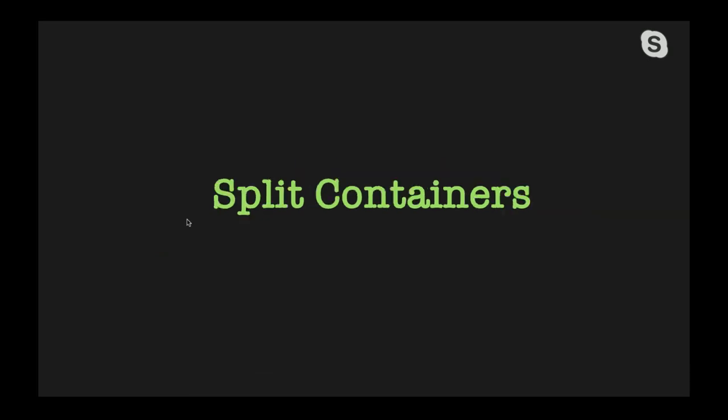The last one is splitting out containers. So I talked a little bit about this at the beginning, that you want to put everything in one container, but at some point it might make sense for you to split containers into multiple things. But I like trying to tell people to use this as an optimization, right? If you find some query is hitting one partition, even if it's not cross-partition, but it's still heavily hit